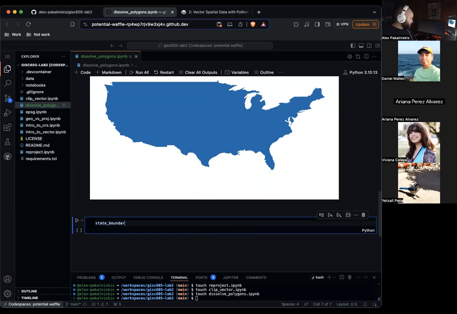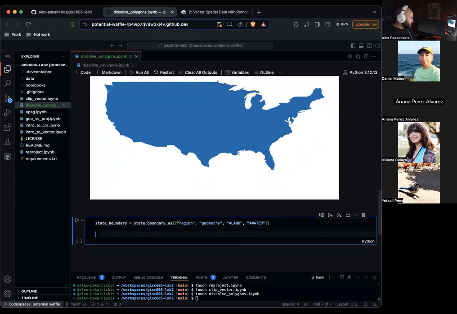State boundary equals state boundary US, region, geometry, area land, area water. Now let's summarize the quantitative columns by sum.